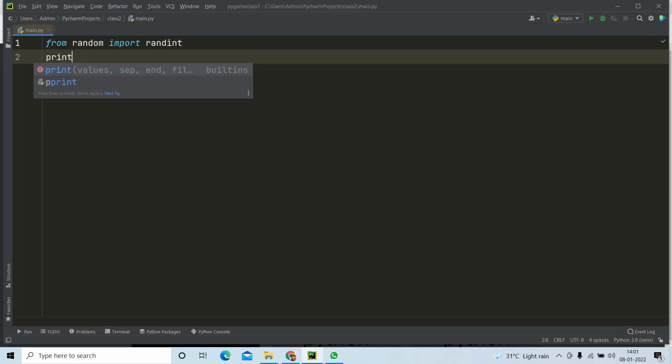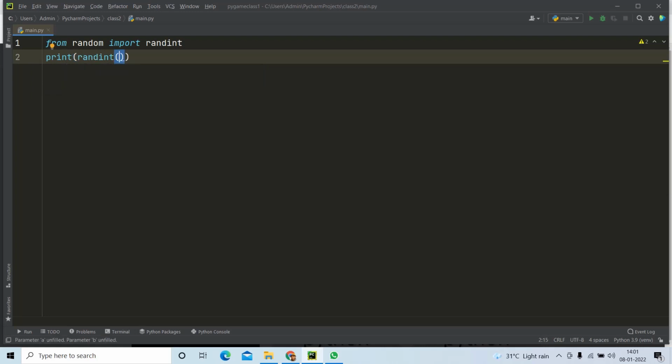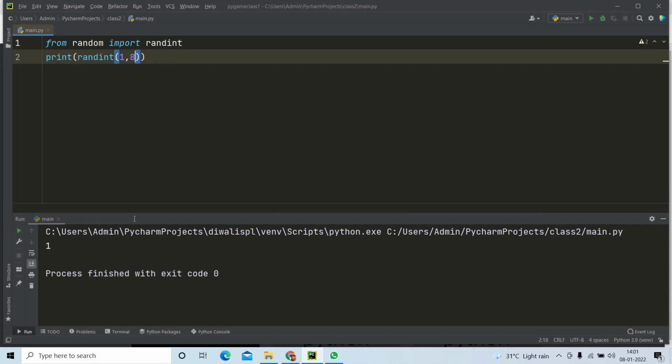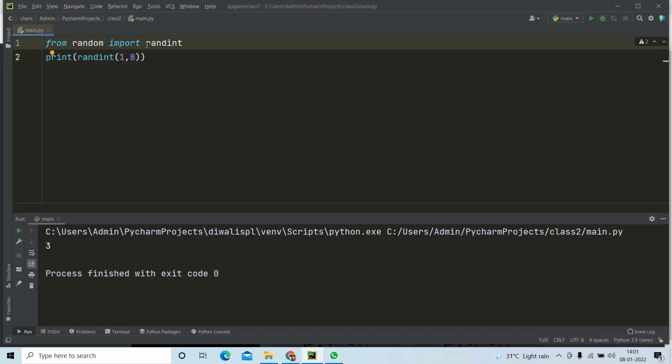Maybe I will just try to print and show you. If I say print random, maybe 1 comma 8, and I run this program, it will print a random integer between 1 and 8 upon every run. Here, please note we did not write random.random, we just wrote random, because random is the only function which we have imported. If you don't know which function you need to import, or you need more than one function to be imported, there are multiple functions. Should I keep on writing like this?